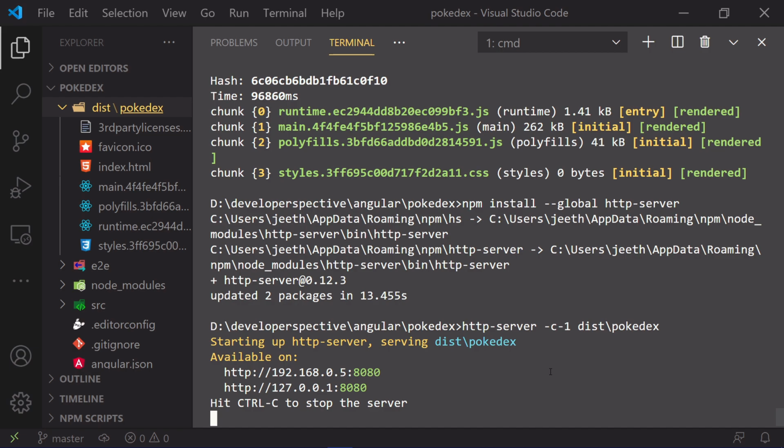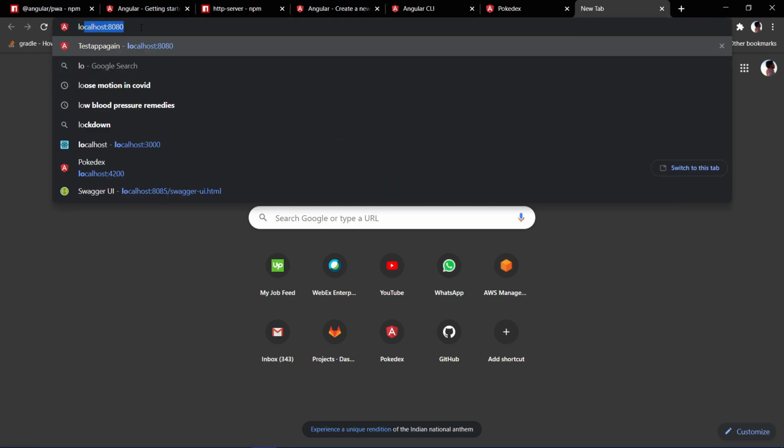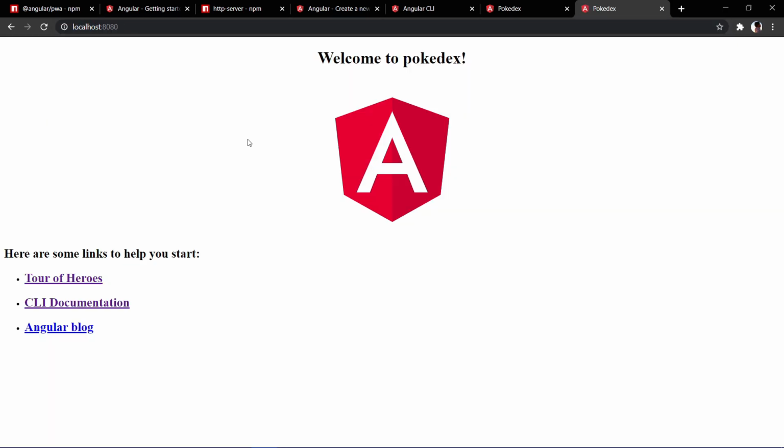Cool, awesome. So once I do that, my application can be accessible on port 8080. Okay, so I'll just go back to my browser and I'll now type in localhost 8080. Okay, awesome. So my application is now running on 8080, and this is the final build which normally goes for deployment, and it's a normal index.html and CSS and JavaScript. Okay, so now let's try if this is PWA compliant.